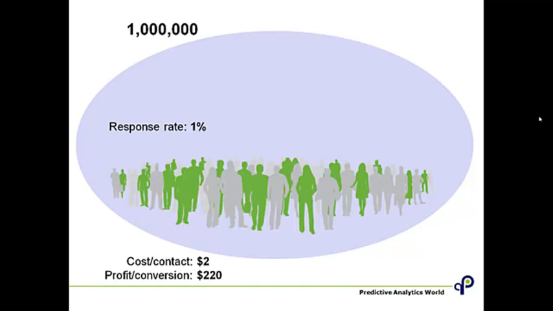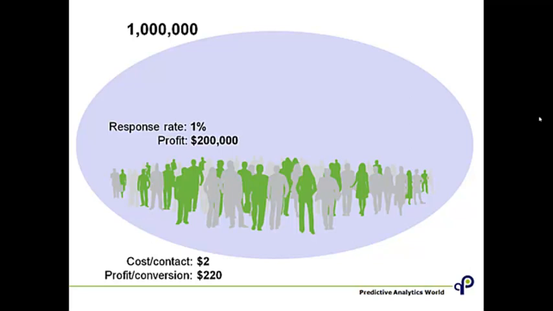So let's do some arithmetic. If in fact, as is often the case, the response rate is 1%, that means 10,000 of these people are going to actually respond. The arithmetic shows $200,000 profit. Why? Because first you spend $2 per contact, that's $2 million. Then you've got 10,000, each of whom profit 220, that's 2.2 million. So 2.2 minus 2 is 0.2, so 0.2 million, $200,000. However, wouldn't it be great